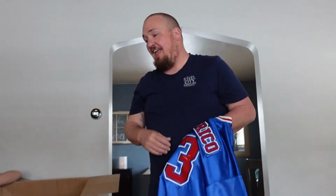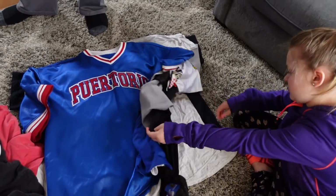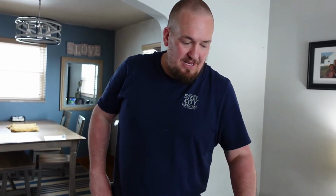Empty box. So overall, I have to say I'm pretty happy with this. How many jerseys did you count? I seriously counted 8 in here, so that meant there were 2 more left over there. So I think that one was actually counted as a shirt. I counted 10, but not counting the first one. So maybe they didn't count the Chicago White Sox as a jersey, because there was supposed to be 10 jerseys